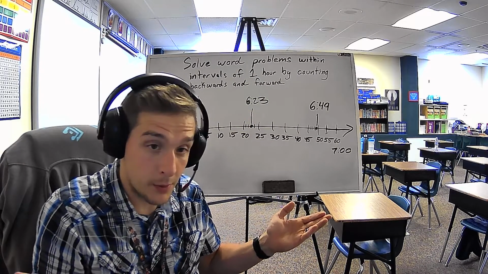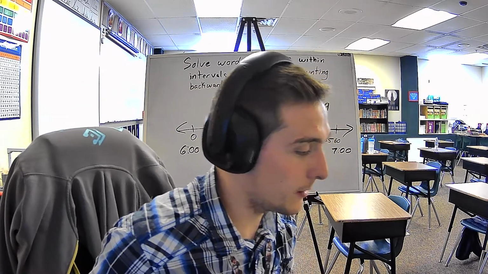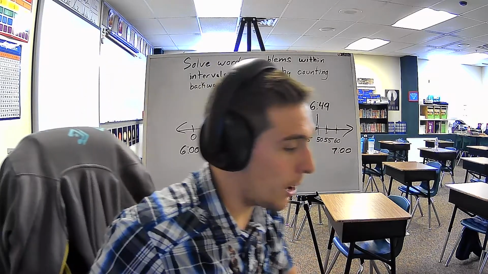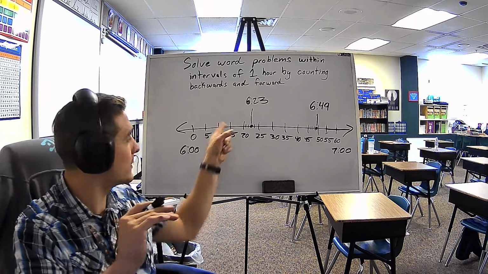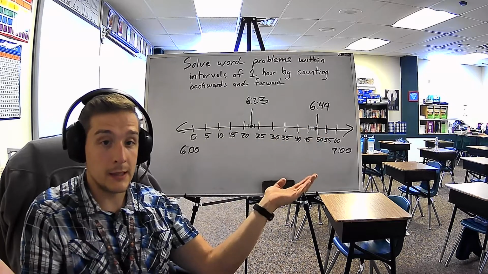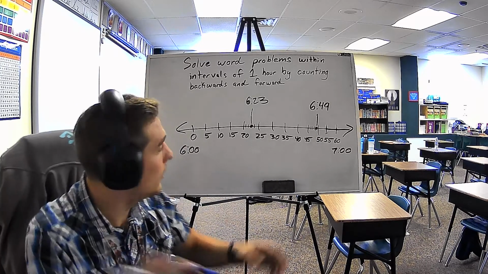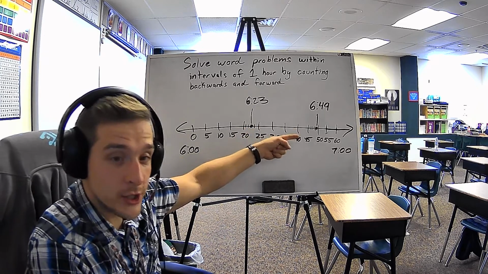Let's go ahead and read the problem. Make sure. Cole starts reading at 6:23. We found that. He stopped at 6:49. We found that as well. How many minutes does he read? So it's asking if he started at this time and he ended at that time, how many minutes did he read? Now, all you need to do here is start at this point and count that direction until you get